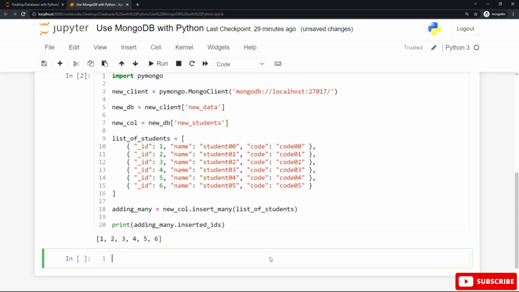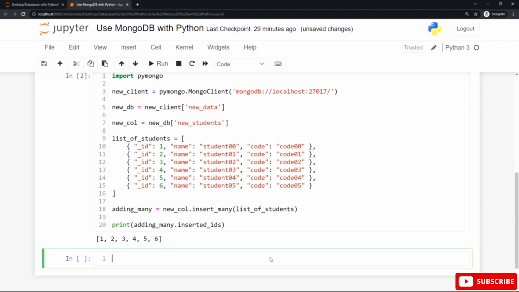You can call it any valid name you wish, but try to make the name more descriptive. Then you can see a list of new documents, and inside these documents we specify the ID numbers instead of the automatic numbers. In this example we are using 1, 2, 3, 4, 5, 6 instead of the automatic numbers that were generated automatically, and the insert many method after that to insert these documents with the new ID numbers inside the new students collection in the new data database.